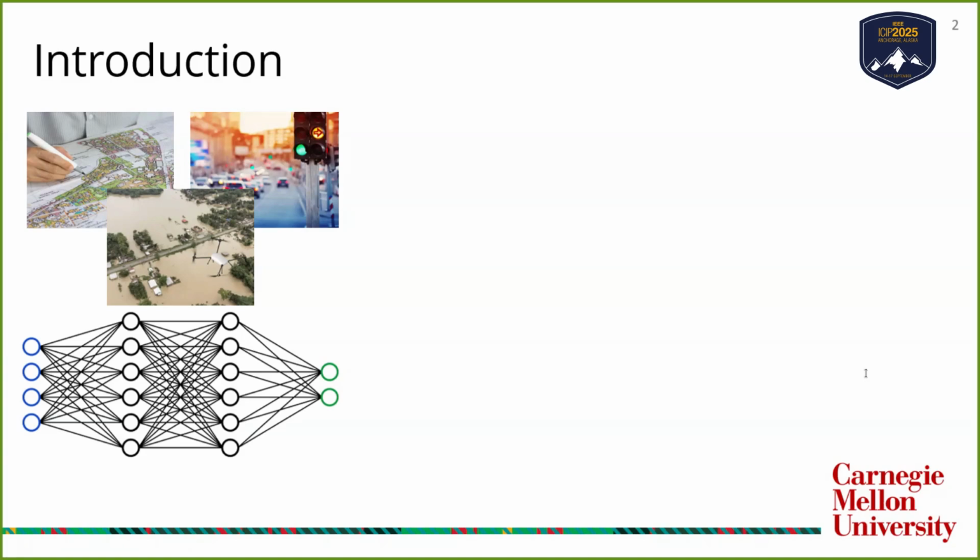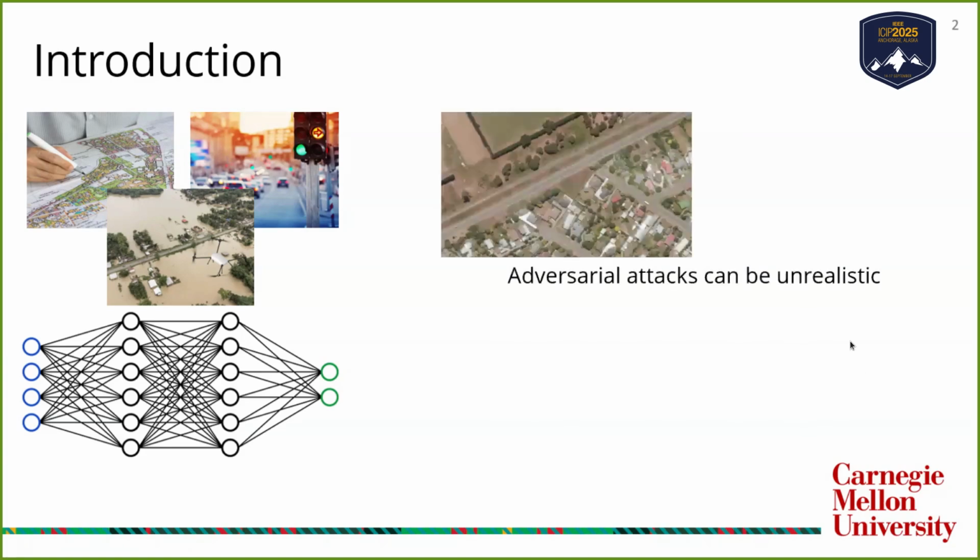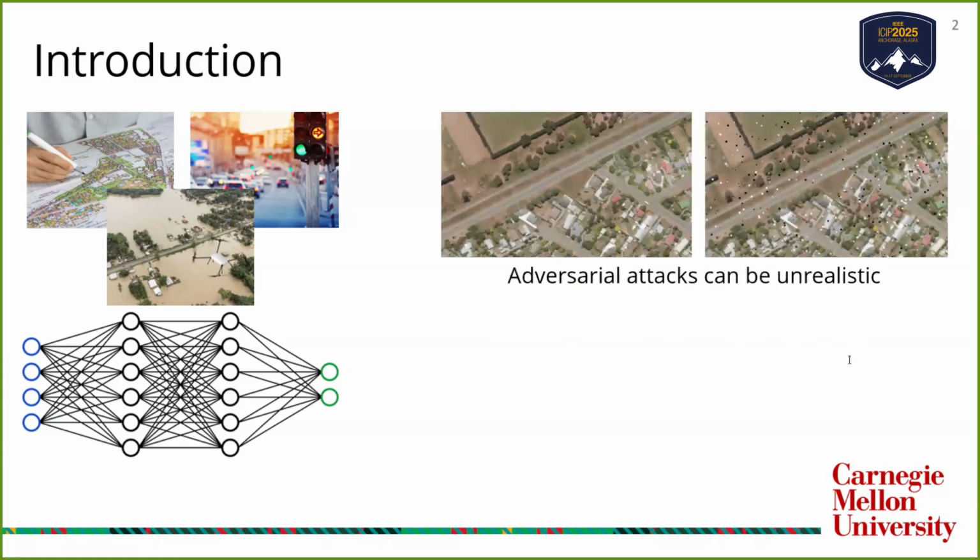Adversarial attacks are commonly used to evaluate robustness, but much prior work focuses on maximizing attack success without considering real-world visibility. For example, digitally adding noise can easily fool a model, but such attacks are unrealistic for remote sensing from satellites or drones. In these cases, the issue relates more to security vulnerabilities than to robustness.